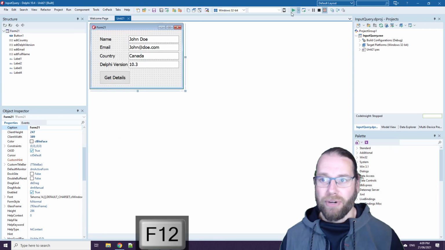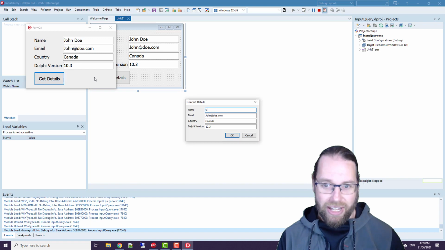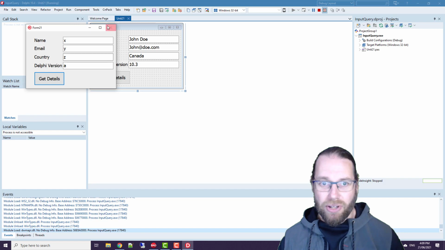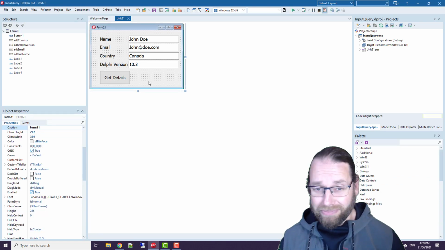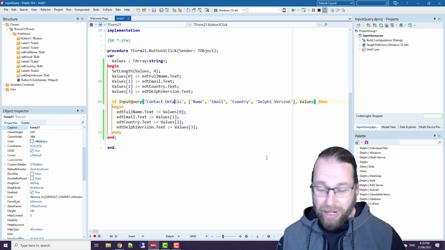So if we just run it briefly, we can go get details, and I can go X, Y, Z, A, whatever, and it updates those. So, a fairly simple application. Now, the little productivity tool I want to demonstrate is that I'm just going to delete